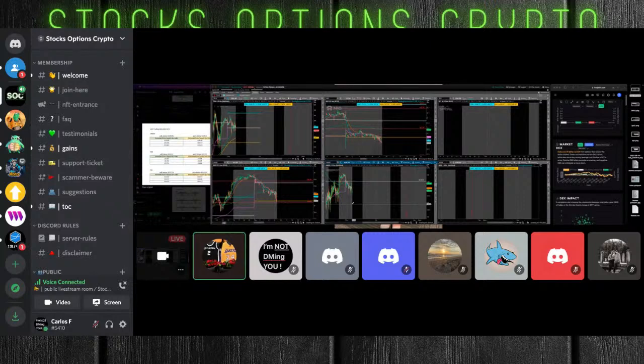126.90. Okay, so we have 126.90 for puts. Sorry, I am a little bit under the weather, but I am getting a little bit better. So 90. Okay, so we have 90. That's a little far down for me. That's more of the safer area for me